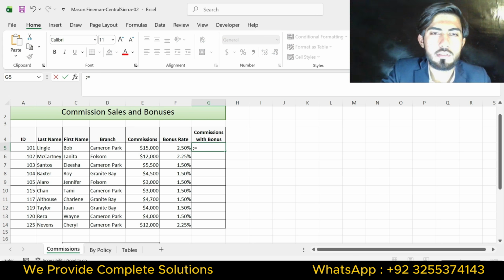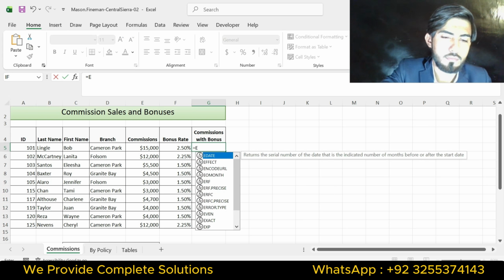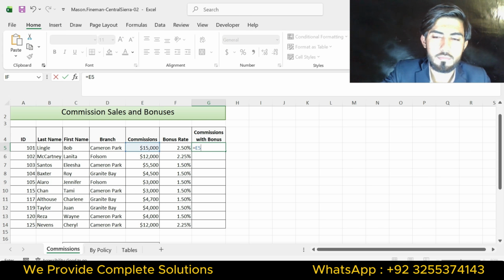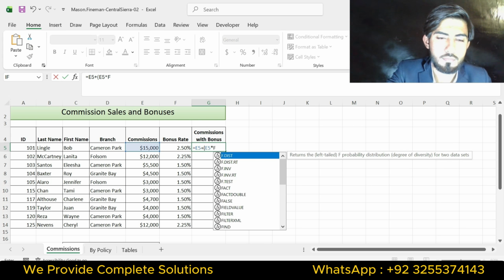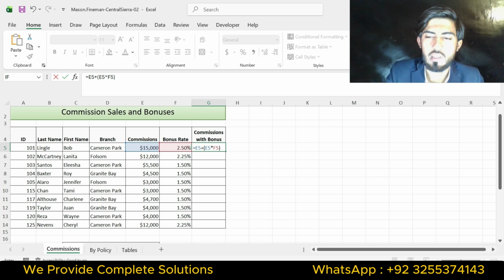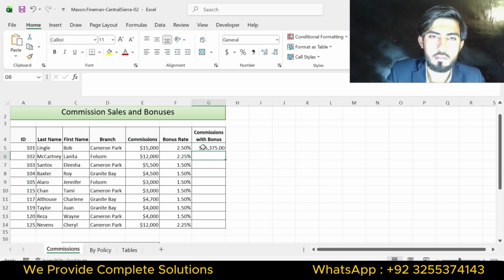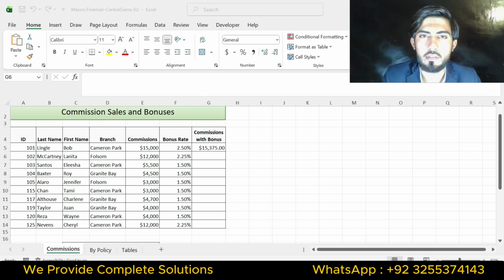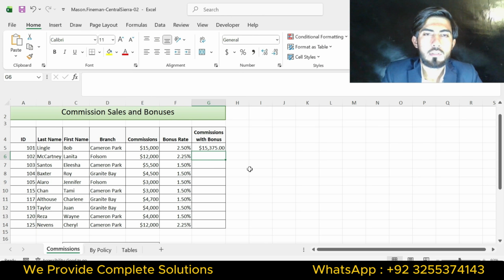Use the formula equals, and press enter. I have calculated the commission with bonus value in cell G5.